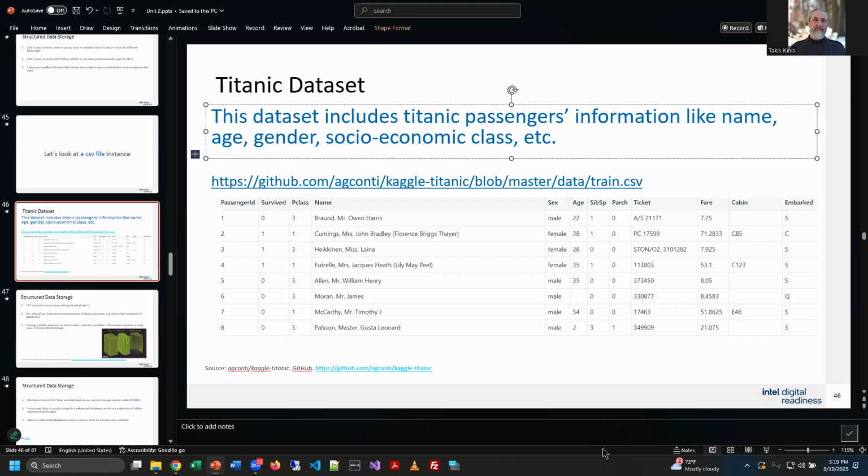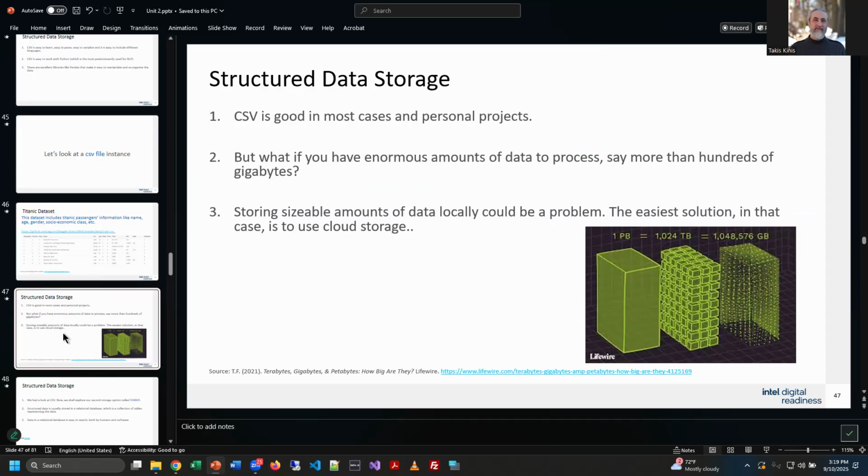So that's really the example there. It's a very, very powerful format and a great way to share information. It works with every programming language, all spreadsheet programs open it, and it's plain text, so it's easy to transmit. It says here CSV is good in most cases. It's really a great format and works really well for most projects. It really does, even super large scale ones.